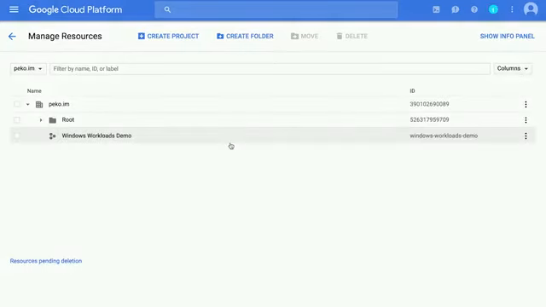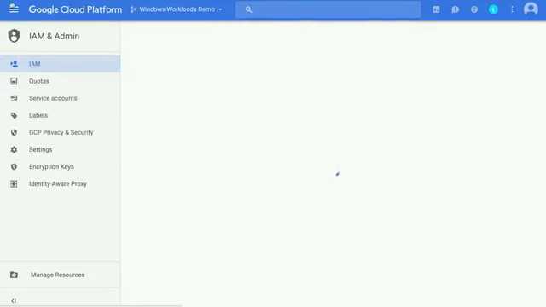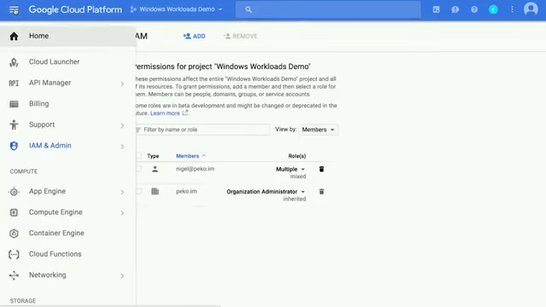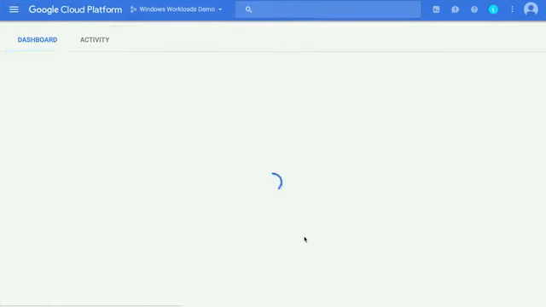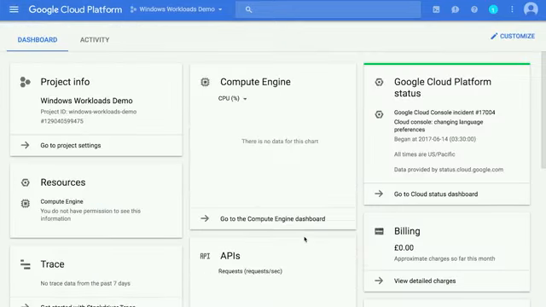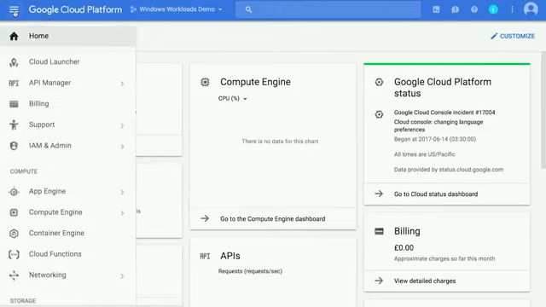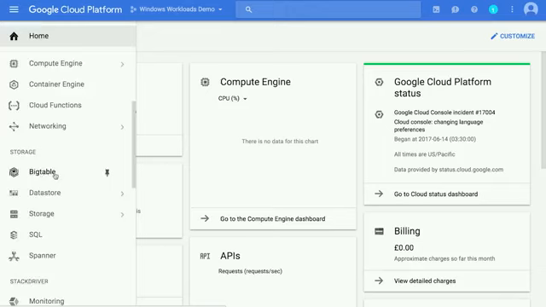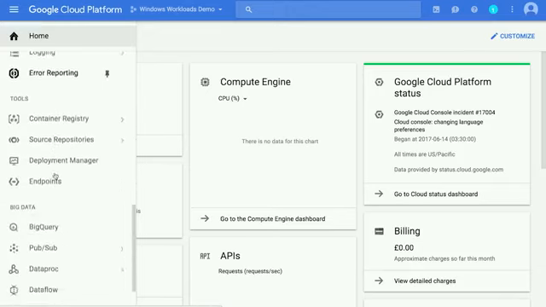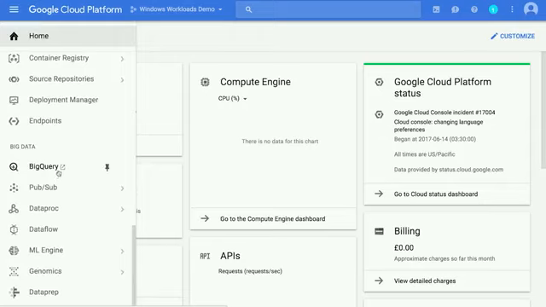Okay, we're back. Now our project is up and running, it's time to take a look around. I'll select the project and then navigate to the project's homepage using the Products and Services menu. This provides a convenient location to look at all the resources you're working with inside your project. The Products and Services menu provides an easy-to-use and convenient interface that lets you access all of the products and services on the platform. Notice how they're organized into product families. So we have compute, storage, Stackdriver, tools, big data, and machine learning.